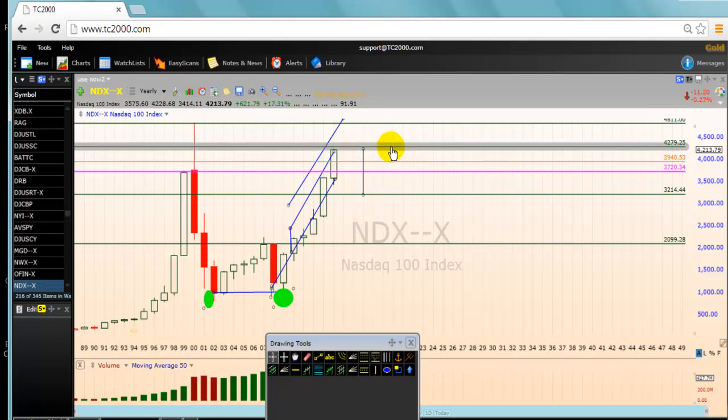If it hits that level and goes above it and finds the support. What am I talking about? Traders always ask me, Joe, what do you mean by find a support? Okay, break above it, all right, and then pull back and retest it. That's in normal condition, and the move resumes. So when it breaks above the level of 4279 and pulls back and retests it, don't just jump on it and buy it.